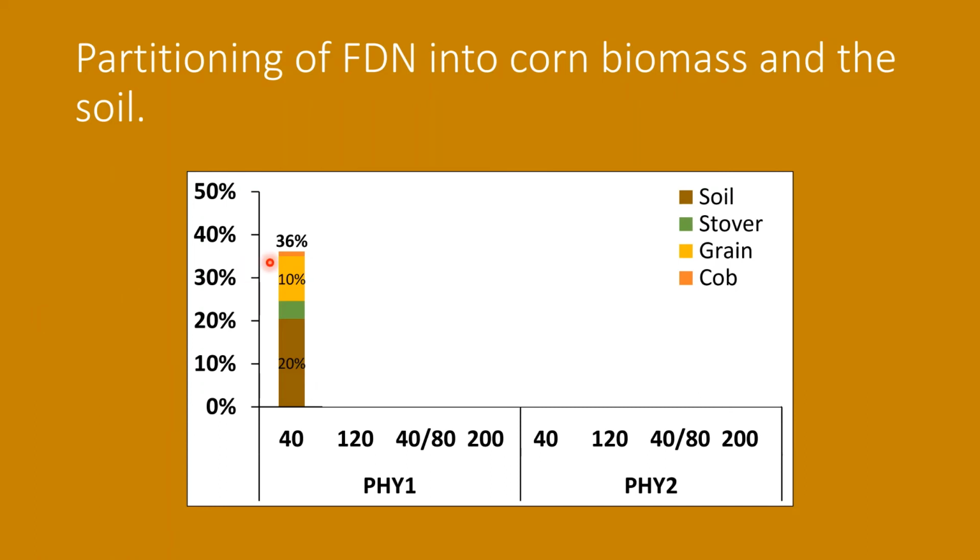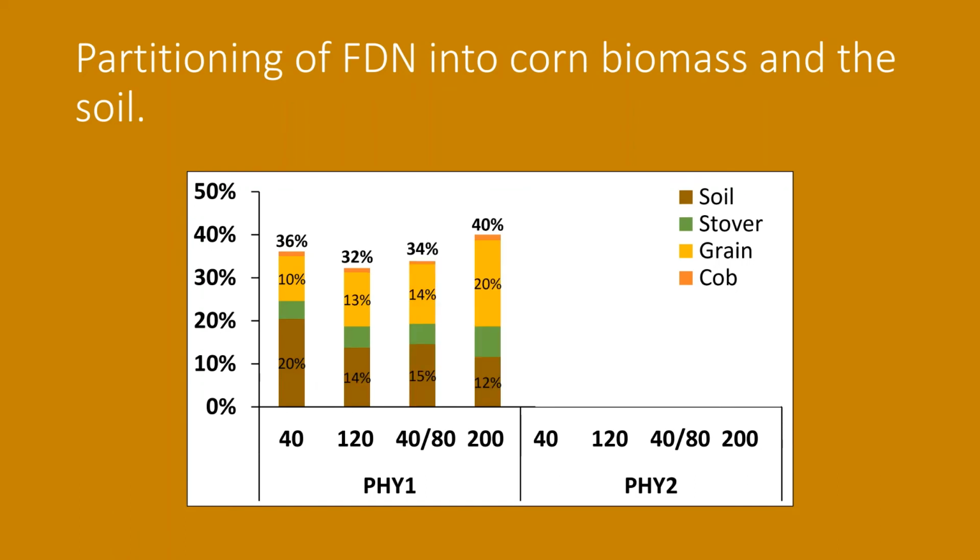And then the value on the top represents the total amount of the original fertilizer-derived nitrogen that we applied, what percentage of it is recovered in the entire system. So for example, in this 40 pounds of nitrogen per acre treatment, only 36 was still accounted for at the very end of the growing season. And it's actually a pretty consistent value across all the fertilizer treatments. 32 to 40% of the applied fertilizer-derived nitrogen is accounted for. So this means that we're losing about 60 to 68% of the fertilizer-derived nitrogen in that first year.